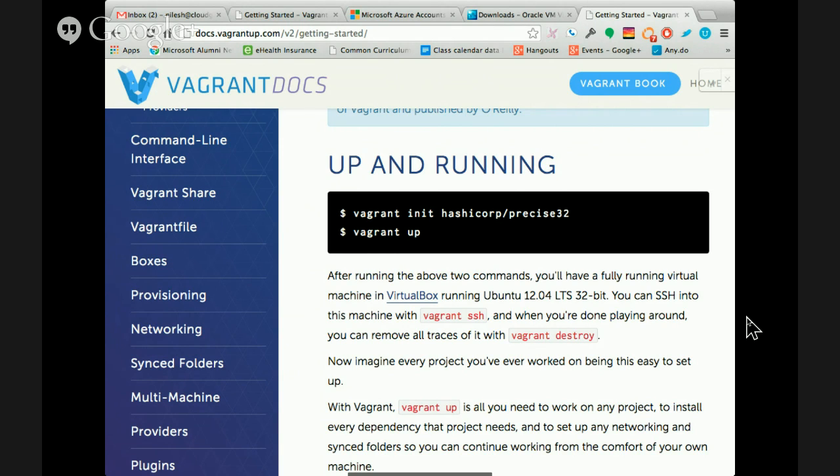Now they created a vagrant file that you can examine in your command line, which is through edit command or notepad command. You can say notepad and